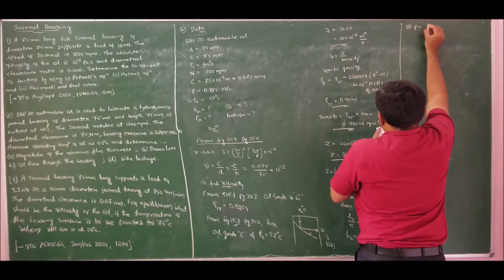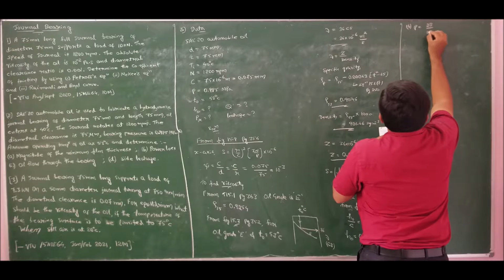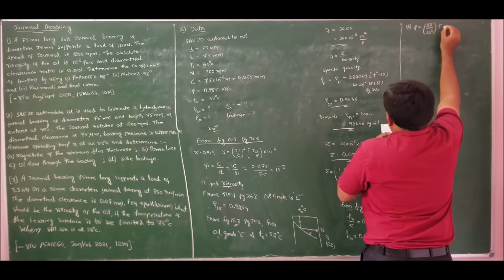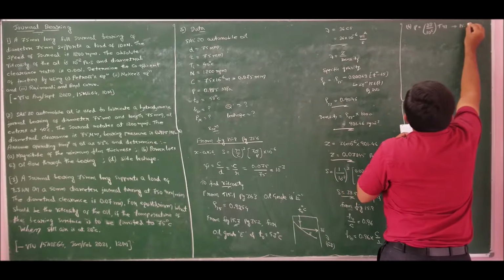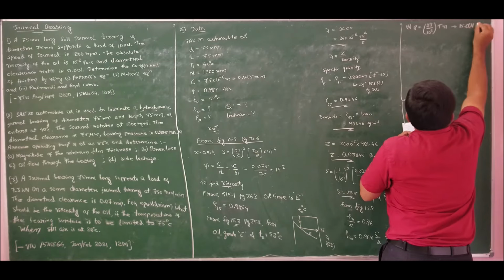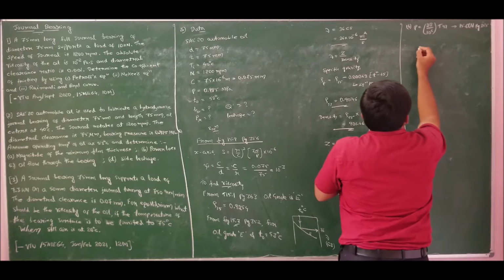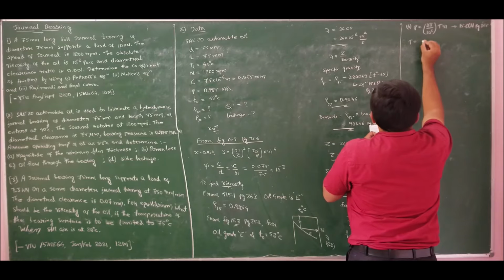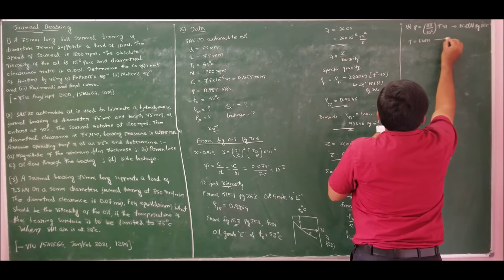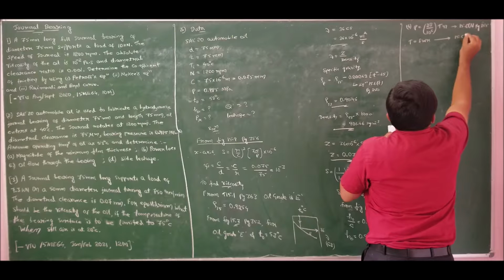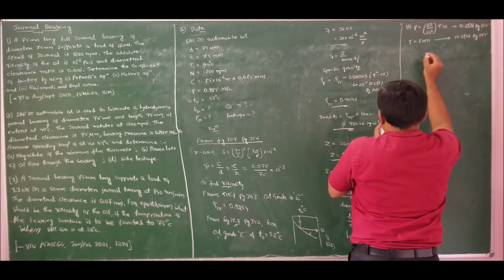We know that power loss is given by equation 15.6b, that is 2 pi by 10 to the power of 6 times torque times the RPS. This is equation 15.6b of page 355, where torque is given by friction, W load, into R. This is equation 15.6a, referring to the same page 355.